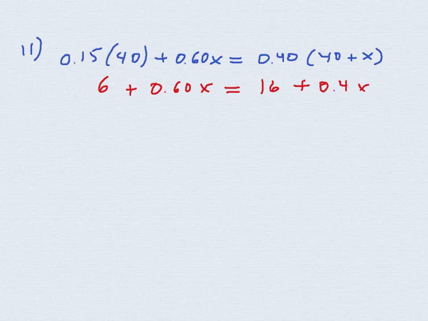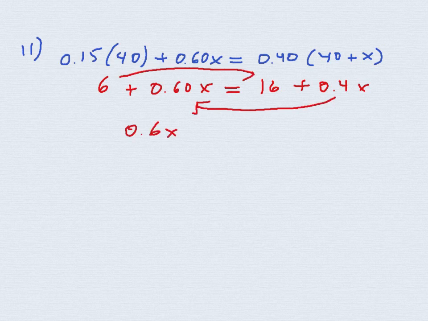Now I have a simplified question. I'm going to move my x's to one side and my numbers to the other. So 0.6x minus 0.4x, and then on the other side I'm going to have 16 take away 6. So 0.2x equals 10. Divide both sides by 0.2,